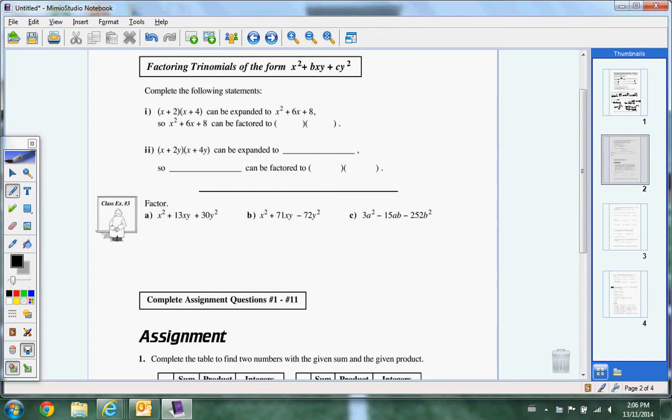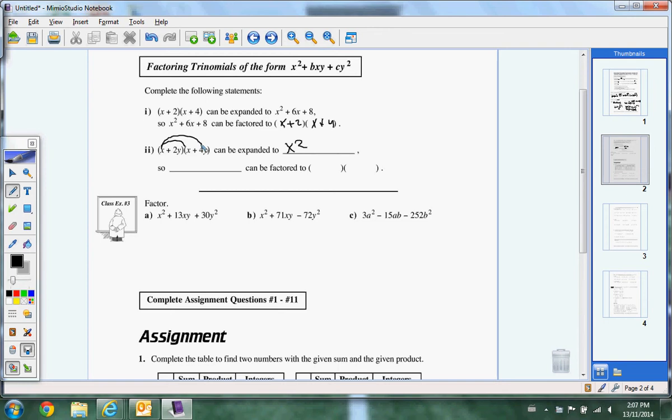But let's just back up for a second. X plus 2 times x plus 4 equals x squared plus 6x plus 8. Can be factored, so just the other way around is x plus 2, x plus 4. Just reversing it. Now, when I FOIL this out, x squared,